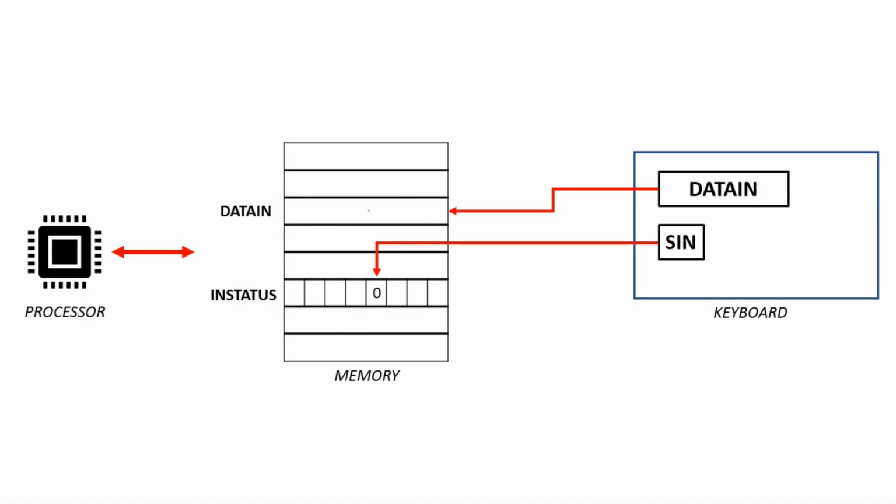So in this scheme, the processor identifies every IO device using the address that is allocated to that particular device. For an output device also, the processor checks the particular SOUT bit in the memory, and if it is 1, that means the device is ready. The processor places data in the particular byte allocated for that device using the address. So this is how the processor identifies every input output device based on the address or the byte located in the memory. For every device, different bytes are allocated.